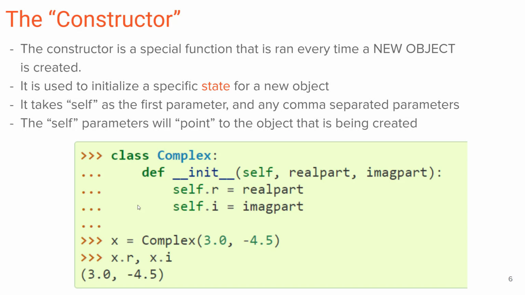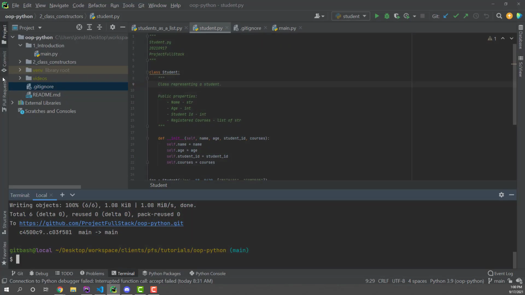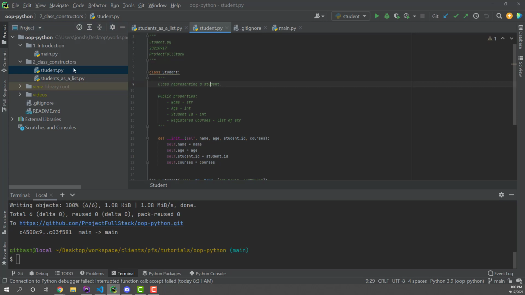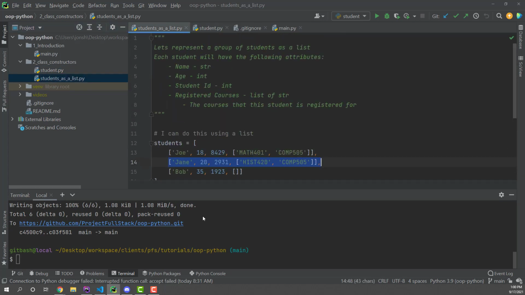We're going to see this more in action, and I'm going to step through it line by line. All right, so let's just go ahead and program here. What I did for this was, not that one, I did this. So basically, what I wanted to do is